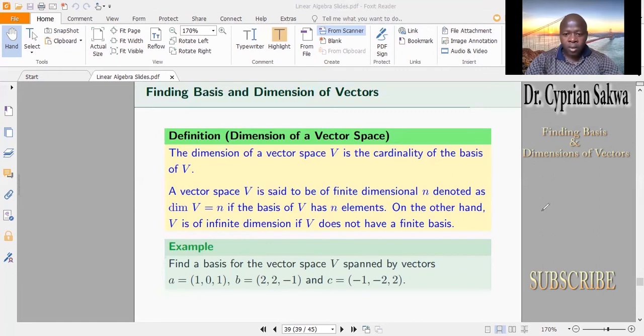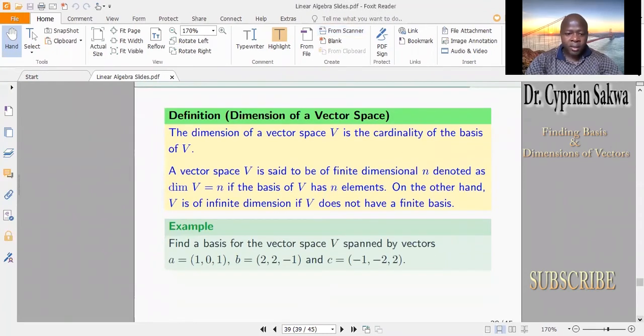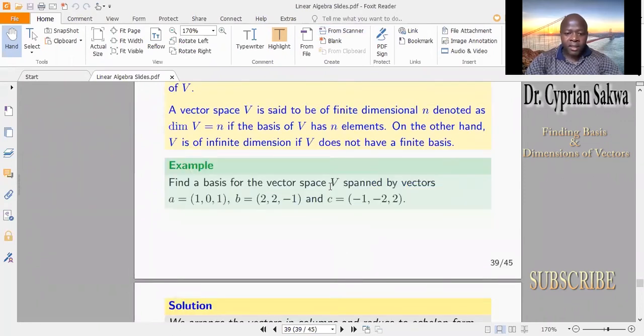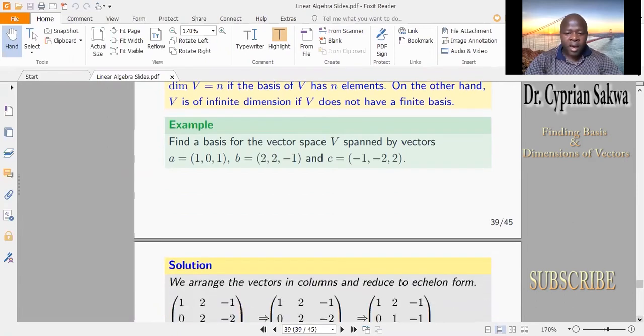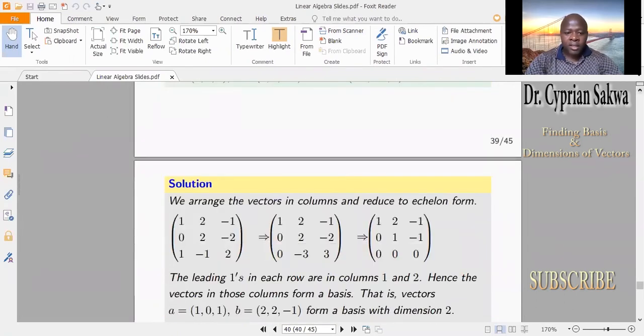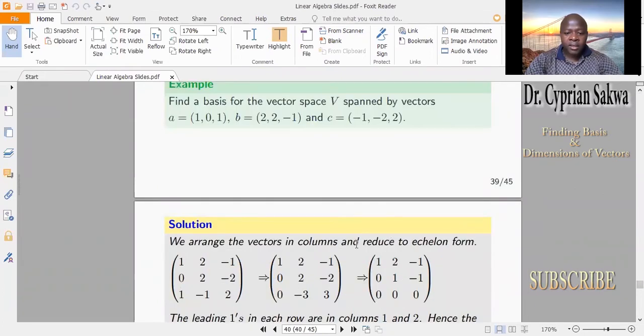So let's look at examples on how to determine the basis of a vector space. The first example is: find the basis for the vector space V that is spanned by vectors A, B, and C. There are two ways to proceed to find the basis of a vector space. I will begin by showing the first way. In the first way, we arrange the vectors in columns and then reduce to echelon form. My first column will be vector A, the second column is vector B, and the third column is vector C. We know how to reduce this to